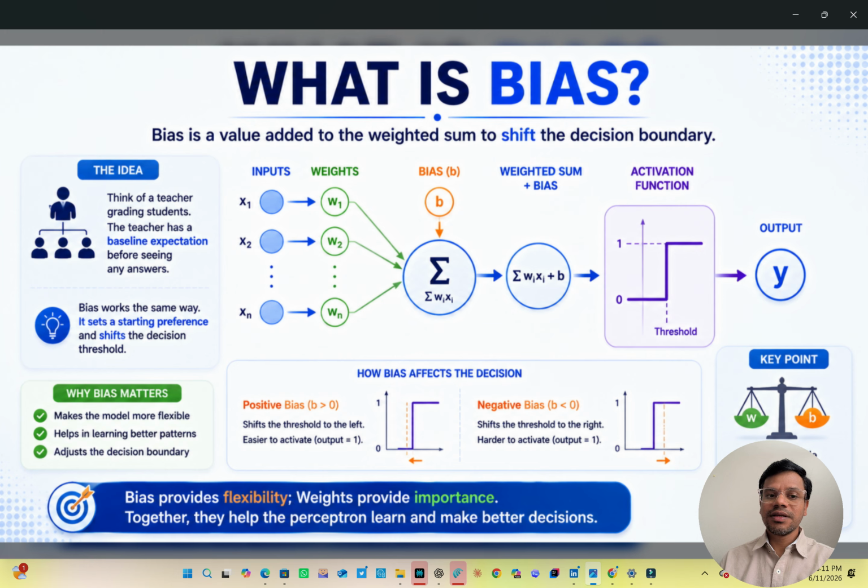grading an exam, right? A teacher is evaluating the question papers. Let's say before reviewing any answer, a teacher may already have certain expectations, right? Bias works similarly. If she has expectations, that's a bias. It shifts the decision threshold. Without the bias, the model can become too rigid. So bias provides flexibility and allows the perceptron to learn more effectively. Think of it this way: weights determine importance, bias adjusts flexibility, and together they help the model make better decisions,